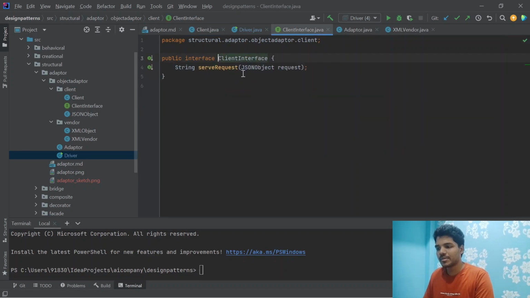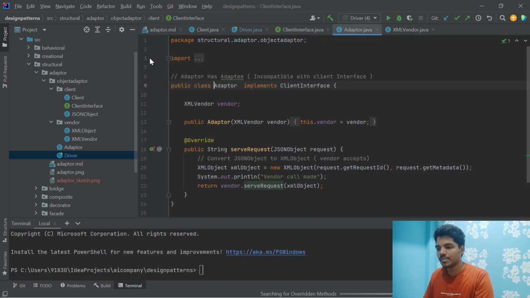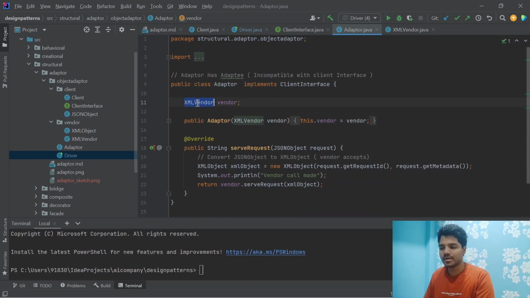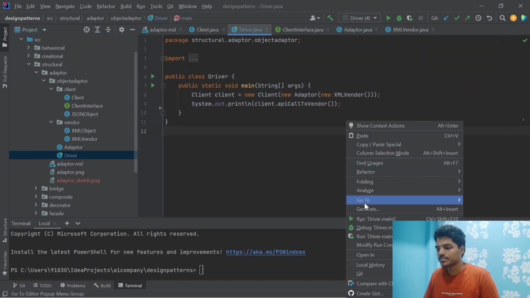So this client interface basically responsible to convert into the vendor supported call rate, which means like this client interface should have the vendor dependency like vendor object. If you see the implementation, it has like vendor as a constructor argument like. So once we have XML vendor, we can simply return once after conversion of JSON to XML. So if we execute the code,